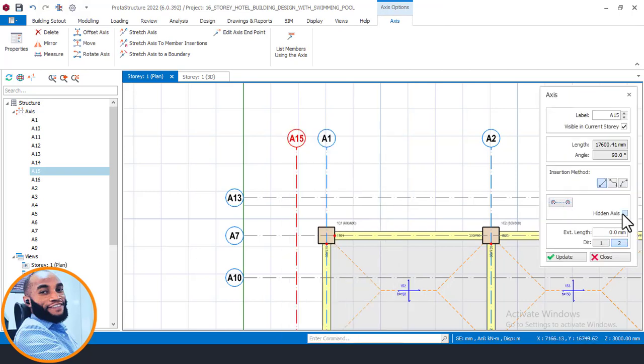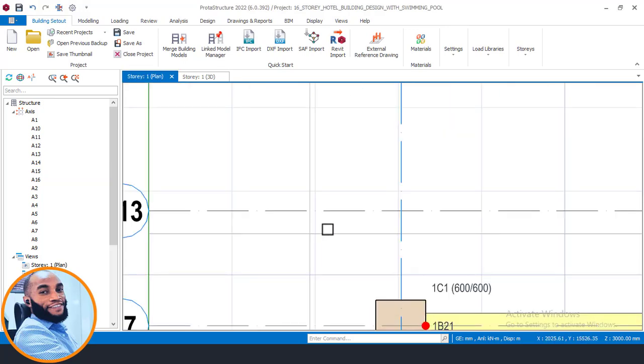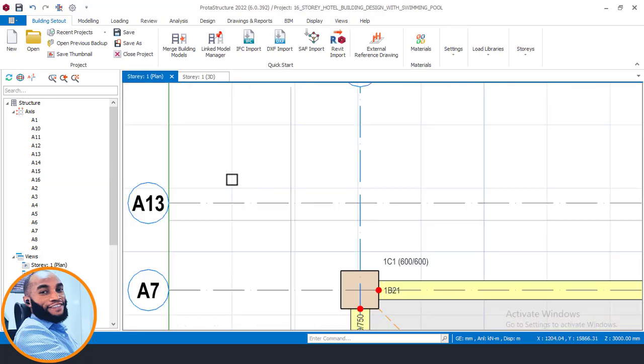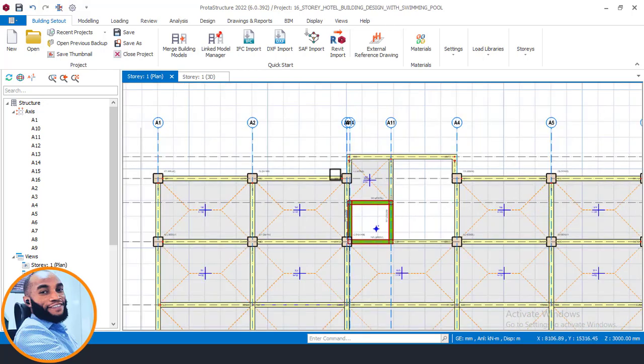So with that, now I'll also come here and change these properties, make it hidden grid line axis, and then come here, remove these bulbs. Okay, and then update here. That's fine. Okay, so right now you can see that this now becomes our cantilever edges. Okay, so right now that we have the offset on this side and also on this side,